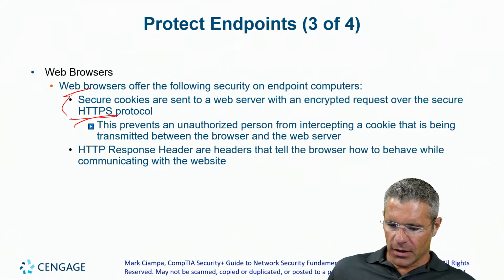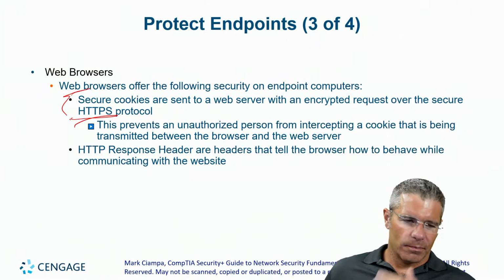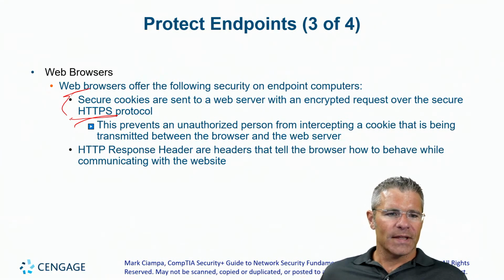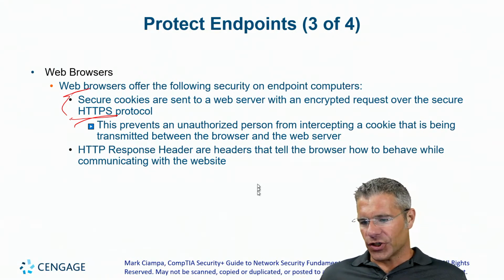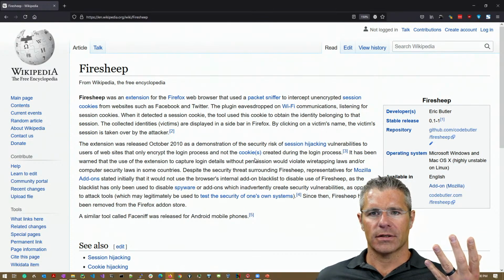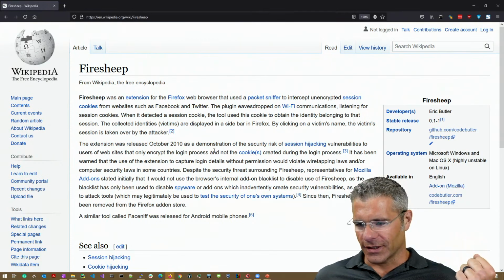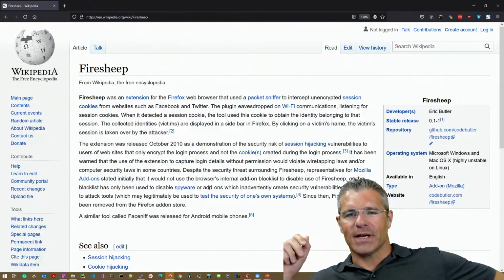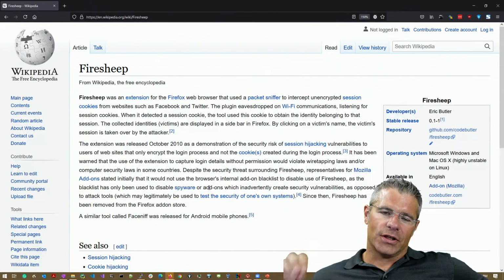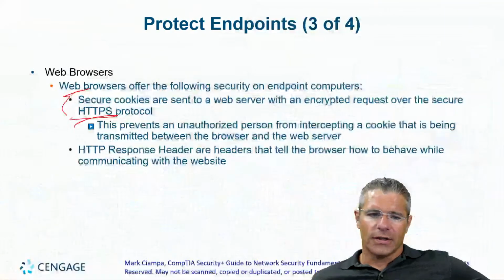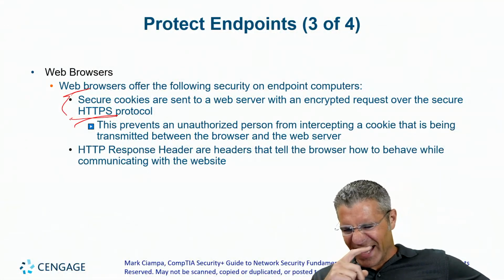There was a big kerfuffle over a product called Firesheep. That was a little hacking tool that would catch unencrypted session cookies. A session cookie says that I'm logged into MySpace. It launched around 2010, so maybe I was early Facebook, late MySpace. If you captured that session cookie, you could then pretend to be me if it wasn't secured. So it is a thing that happened.